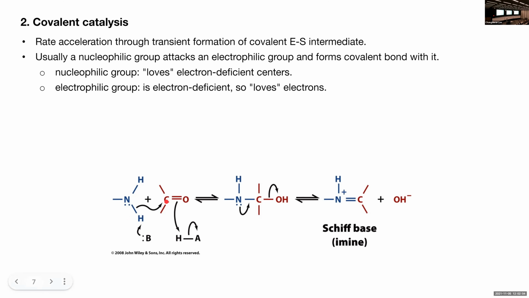So it'll behave as an electrophilic group, and then basically there's an attack from the nucleophilic group to form this single bond. And the single bond again becomes a double bond because, again, there's an excess of electrons there. So the electron pair makes again a double bond, ending up with this Schiff base. It's called an imine, and this Schiff base is important because it happens a lot in the catalytic reactions in the